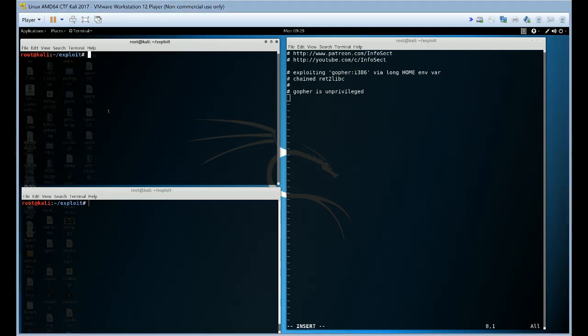G'day guys, today we're going to exploit the default package and binary gopher for 32-bit x86 that is in Kali and is probably in related Debian distros as well. Gopher is unprivileged, so not that useful to an attacker, but it is a good educational activity and is on a default